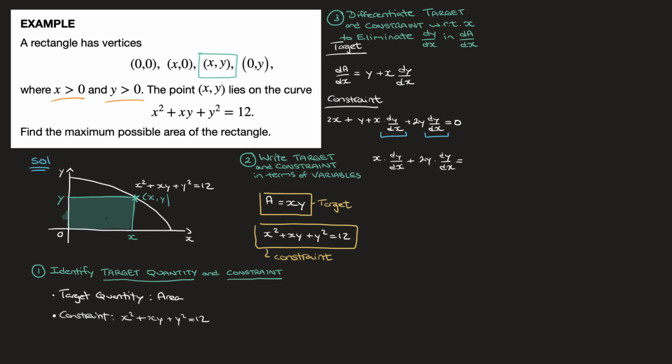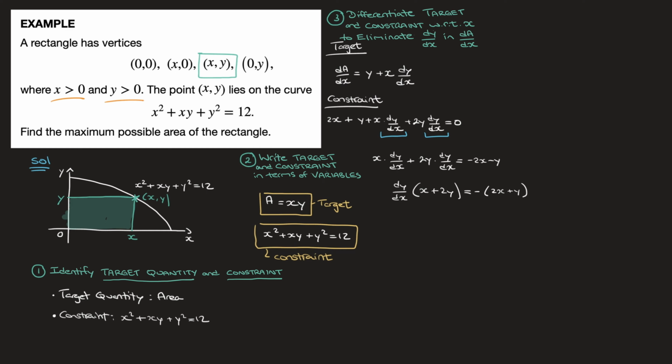which equals, well, let's see, we have 2x plus y here on the left-hand side, so that becomes negative 2x minus y on the right-hand side. Next, I'll place dy/dx as a factor on the left-hand side, so we have dy/dx times (x plus 2y), which equals, well, we still have negative 2x minus y, but I'll write that as negative (2x plus y). You don't have to do that. I just find it more convenient to write it this way to not make a mistake in the next step